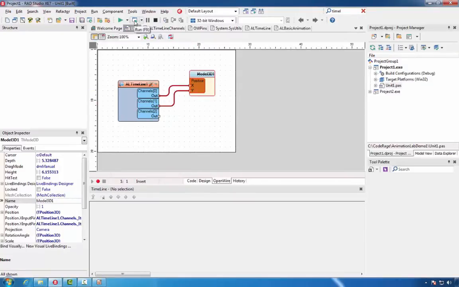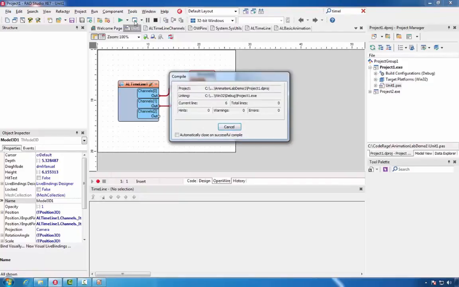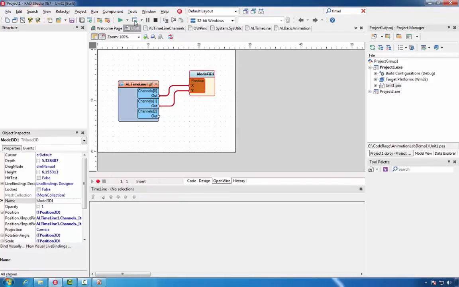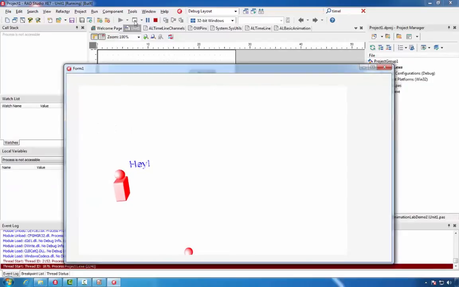Let's run the application. And you see that now our model is animated both on the X and Y axis.